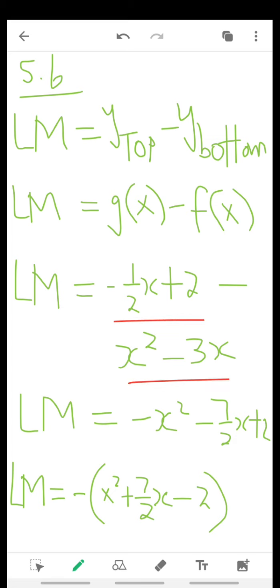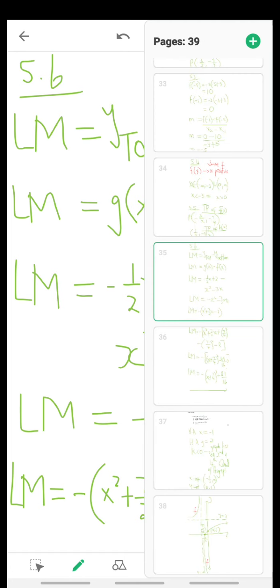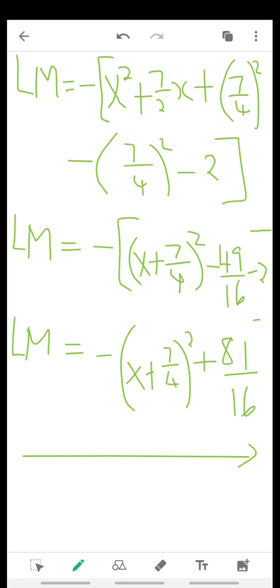Then by substitution of the equations, my standard form for the equation was minus x squared minus 7 over 2 x plus 2. But remember they said I must write it in the turning point form. So I'm going to complete the square by first factoring out the negative, then add and subtract half of 7 over 2. That will be negative times (x plus 7 over 4) all squared minus 49 over 16 minus 2. Then the final answer is LM equals negative (x plus 7 over 4) all squared plus 81